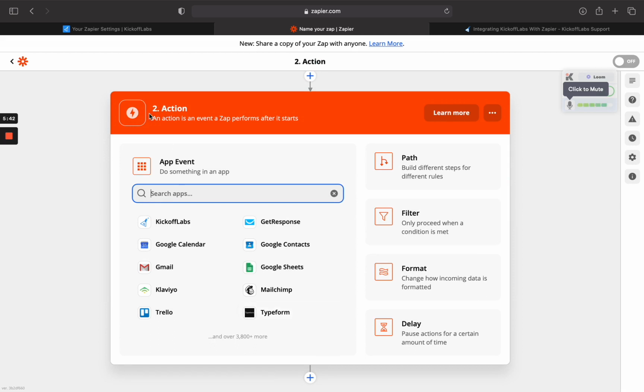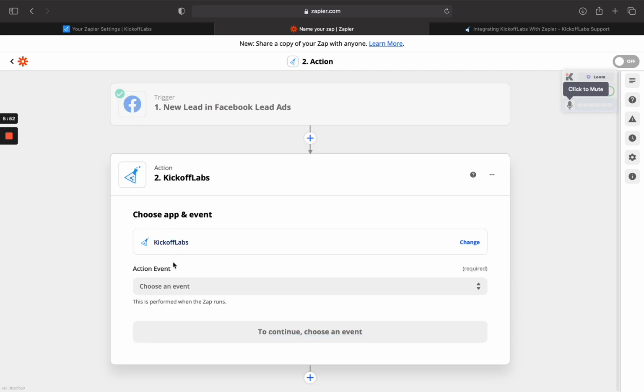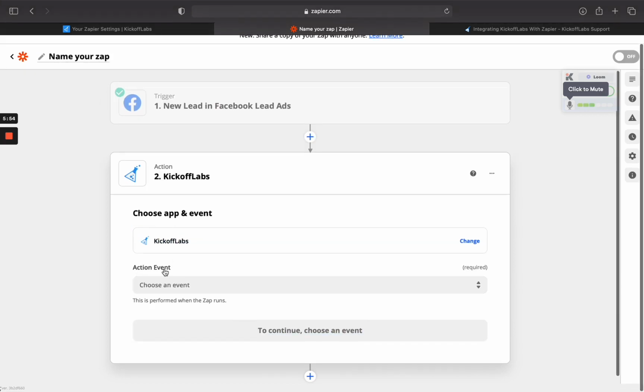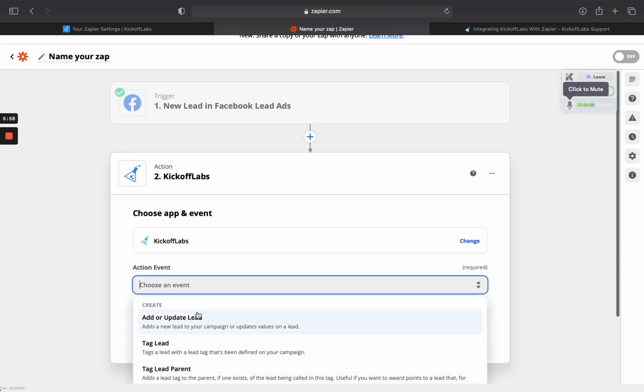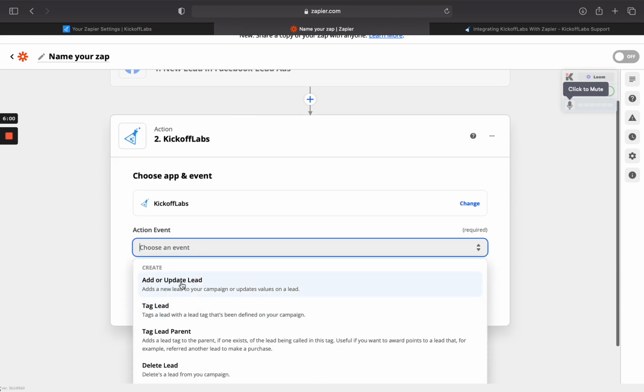Right, so now I'll select the actions. So where do I want to push the leads to? I'm going to select KickoffLabs, or you can search for KickoffLabs in the search bar here. And then I'm going to choose my action event. So what happens when the lead is pushed into KickoffLabs? I want to add or update a lead